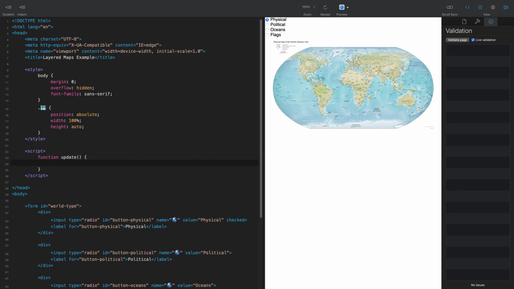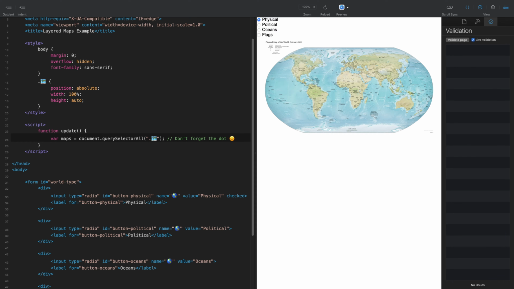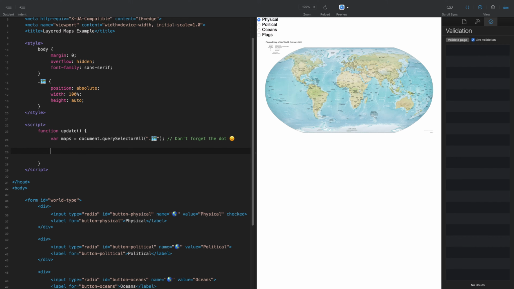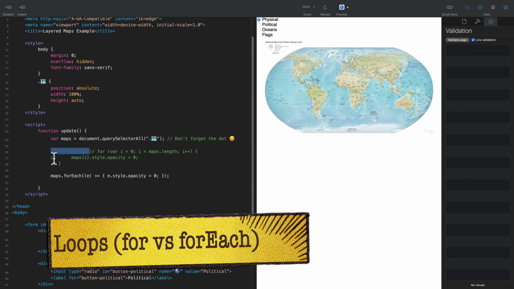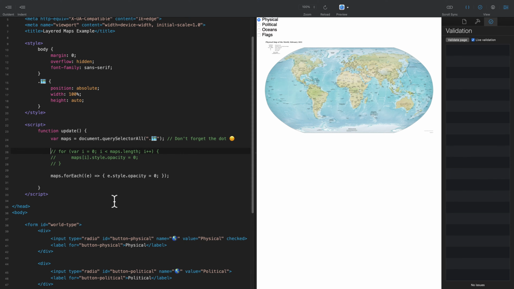The first job of the function is to store the image elements as an array. That's stored with the maps variable. The query selector all method works like CSS selectors. You can select all of the elements by class name, but don't forget the dot. Next is adding a loop. Included in the example are 2 ways to create it. The first way is with a traditional for loop. The alternative is using a for each loop. Personally, I like the old school approach, but I'm including both if you're interested in more modern code.